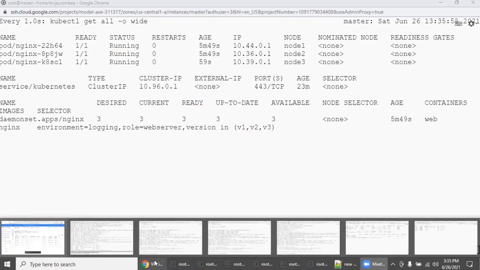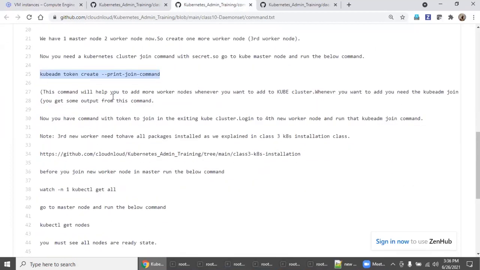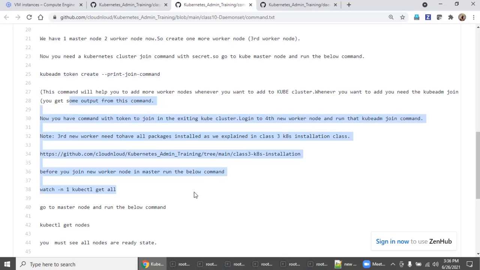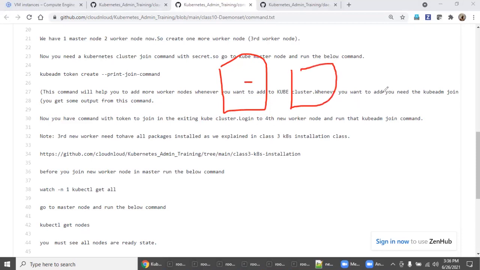So this is the simple explanation I have given. Better to open the master node in two putty windows, and a window each for worker node 1, worker node 2, and worker node 3. Before you add worker node 3, run the watch command kubectl get all, and the watch command kubectl get nodes, so that you will have a very good understanding.